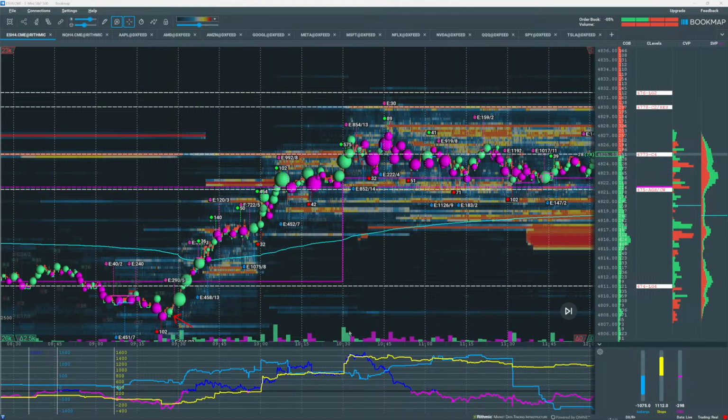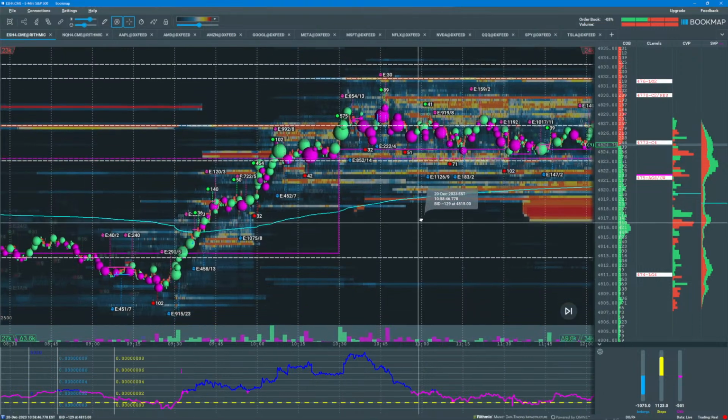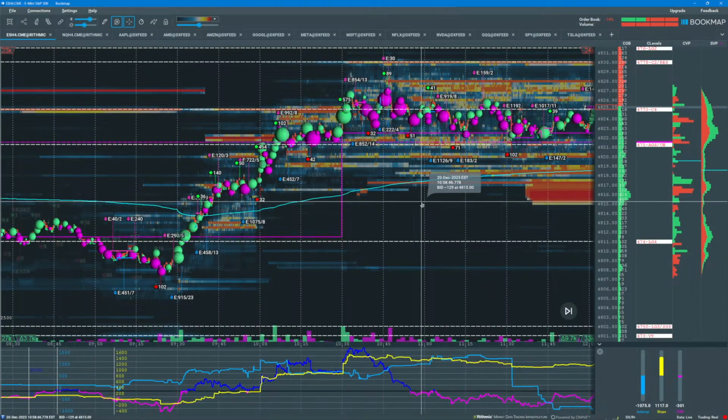The volume dots are showing market buy minus sell. Magenta dots indicate there are more sellers than buyers. Green volume dots indicate more buyers than sellers. So just a couple minutes before the cash open, the aggressive buyers start to come in. I'm going to scroll up just a little bit. Aggressive buyers start to come in, and also before the cash open,